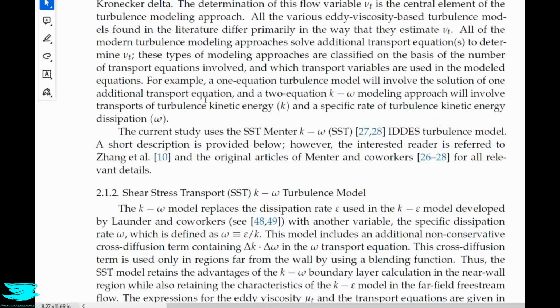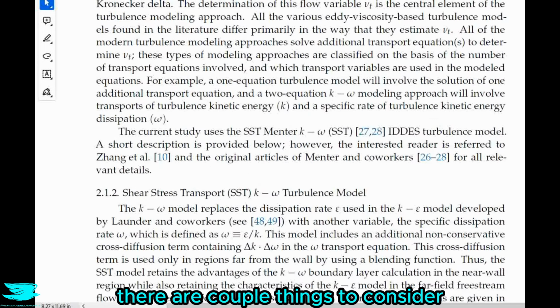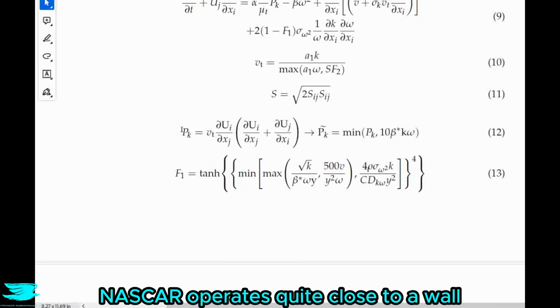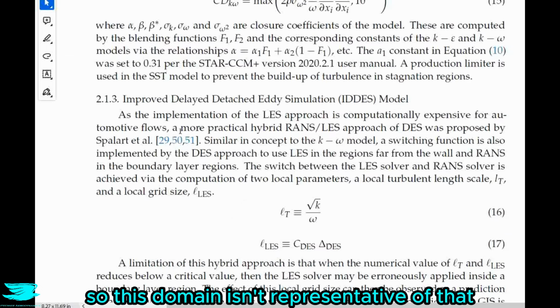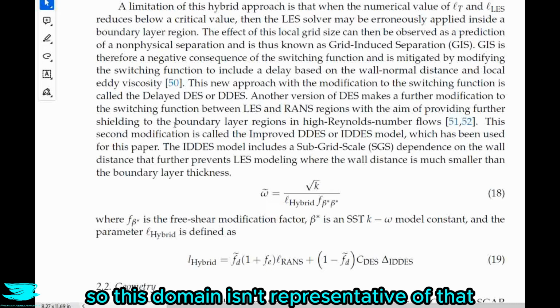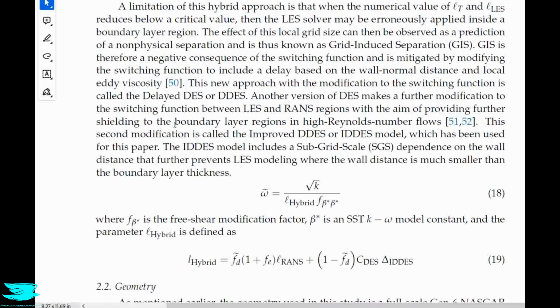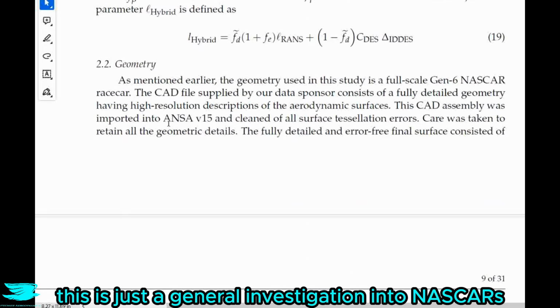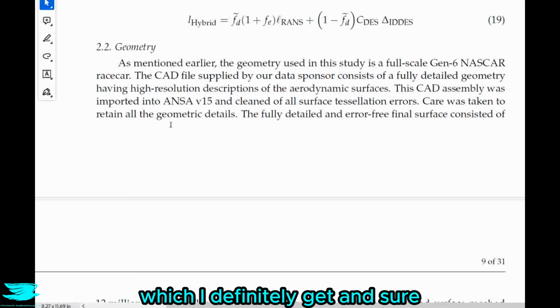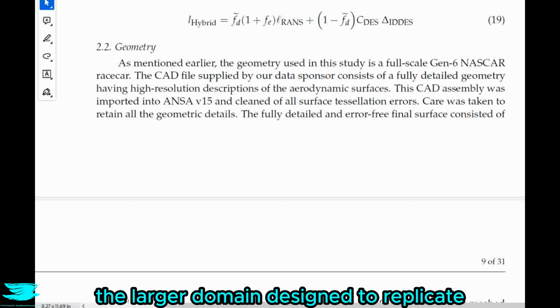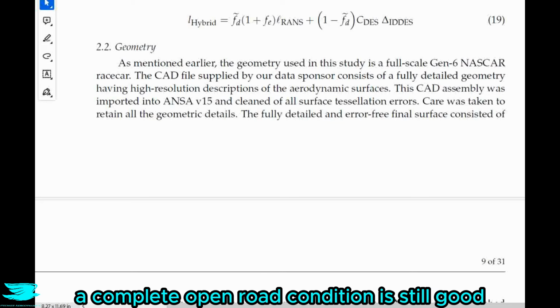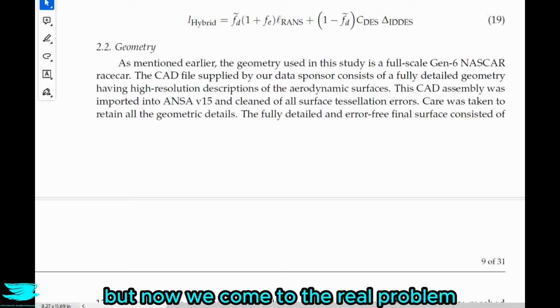Well, that is great, but there are a couple things to consider. The first one is that a typical NASCAR operates quite close to a wall. So this domain isn't representative of that racing condition because the wall is missing. But you could argue that this is just a general investigation into NASCARs, which I definitely get, and sure, the large domain designed to replicate a complete open road condition is still good, but now we come to the real problem,